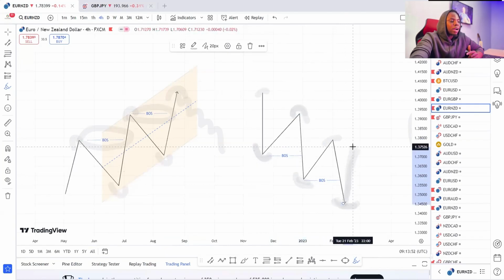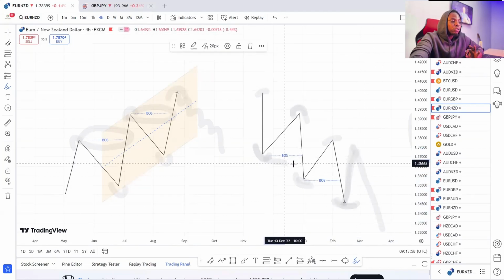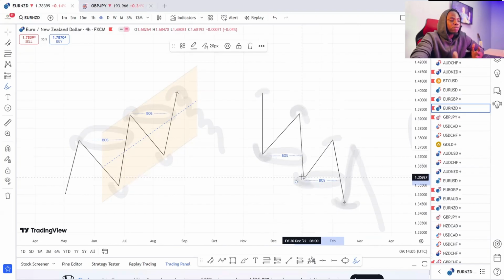Expect to create a new lower high to go and create a new lower low. In respect to that, if you notice what is happening on this chart, the market continues to break structures to the direction of the market. So immediately you understand, which I believe most of us understand, the trending markets now. Immediately, you get to understand your break of structures and also understand your change of character.